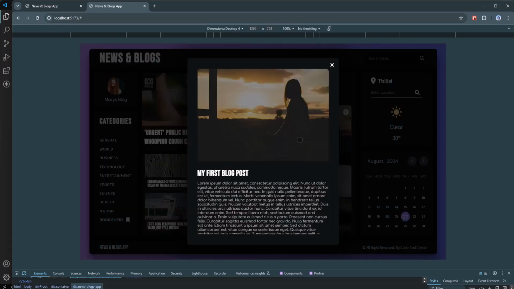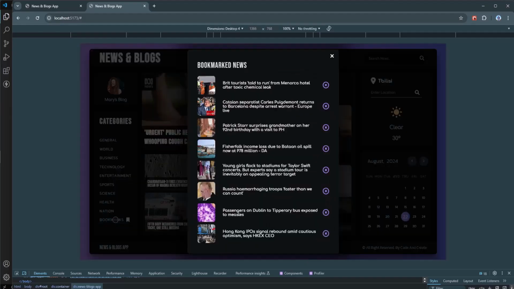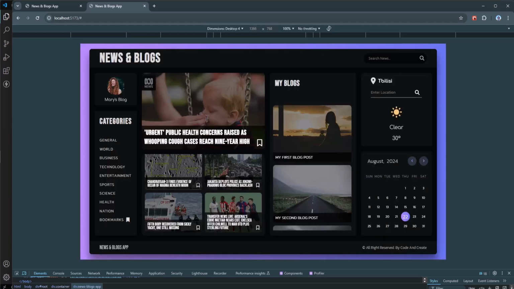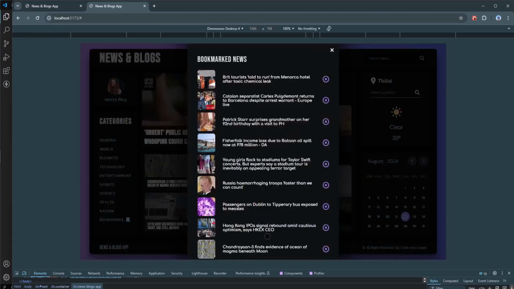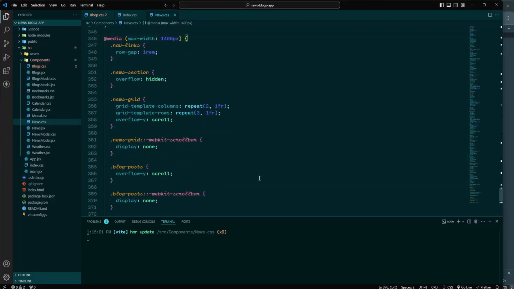Let's check the modals. So everything looks good. Let's check bookmarks. So actually, I'm going to add some of the news here. As you can see, we have to customize the bookmarks modal. I'm going to make it scrollable as well. And I'm going to add this code by default in the main code. So let's go ahead and open